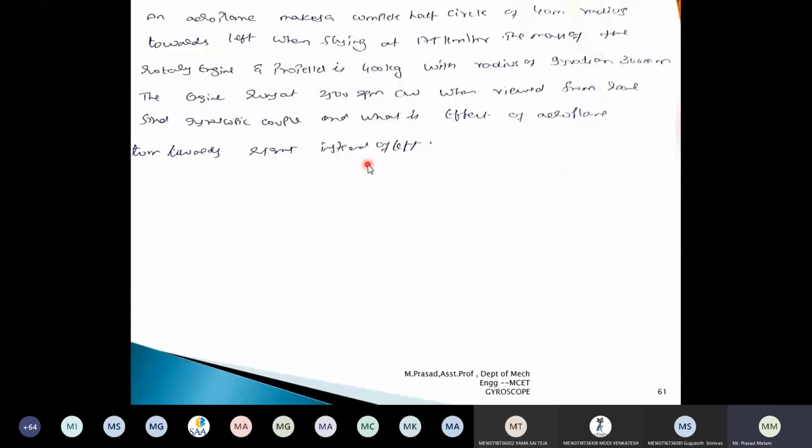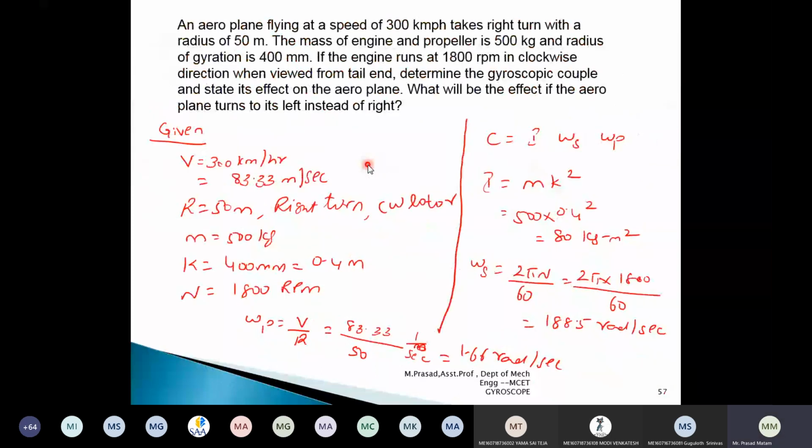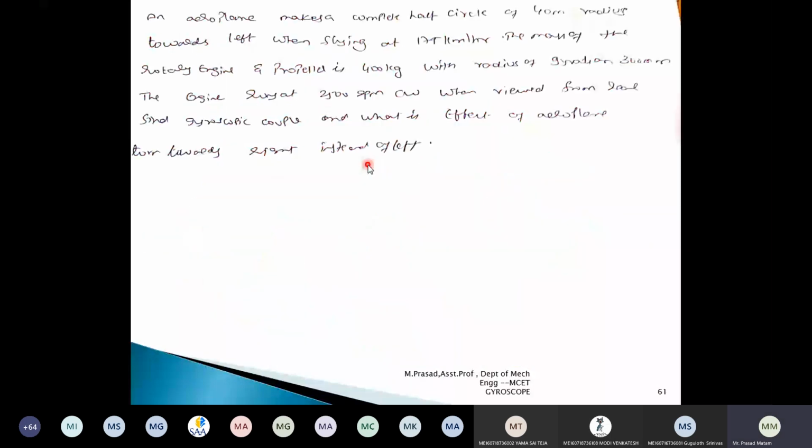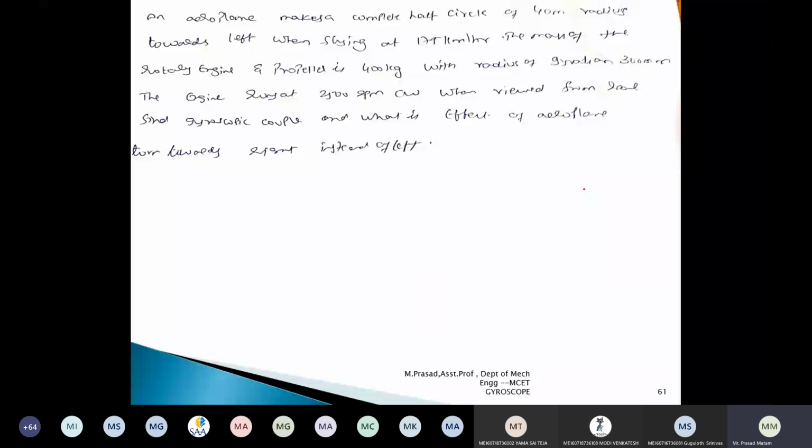We have already solved, I think, the same problem earlier. This is the first problem. The data is different, conditions are the same, but the numericals are changing. Okay, let us solve this problem. Make it a practice. Try to practice with me parallelly, dear students. Read the given data.